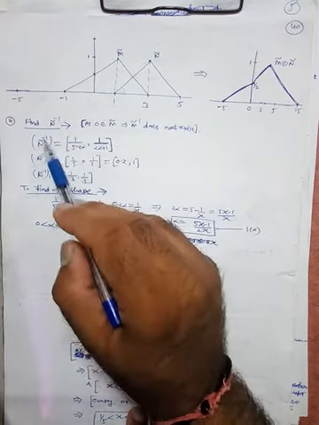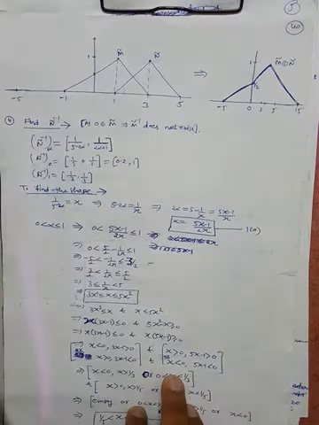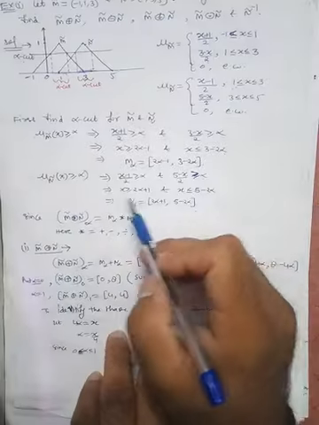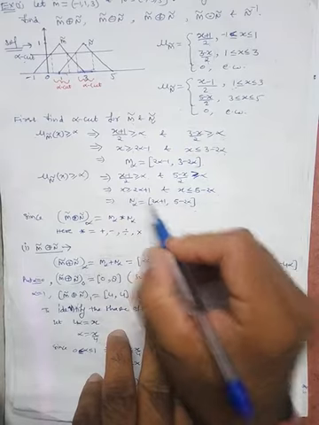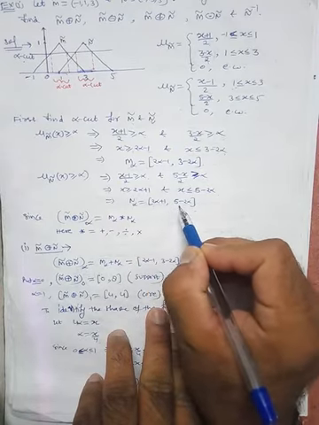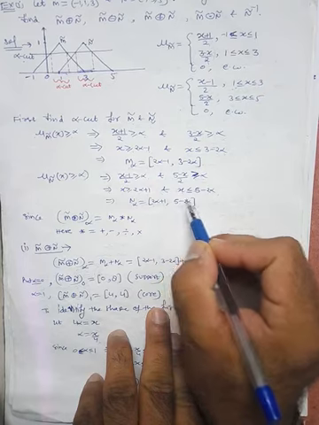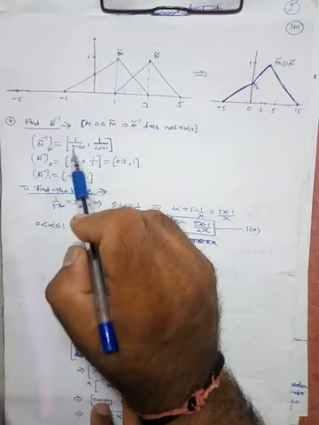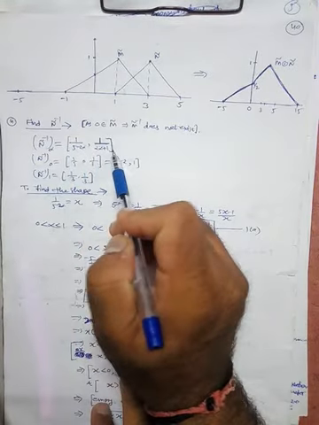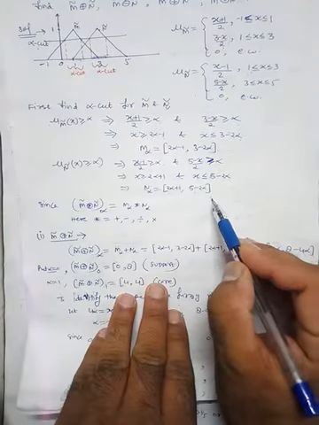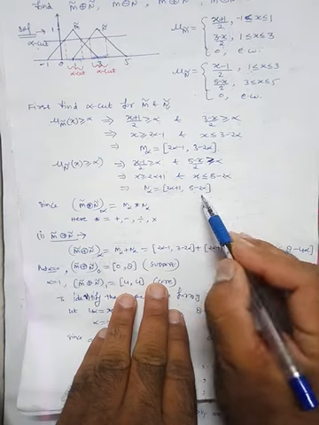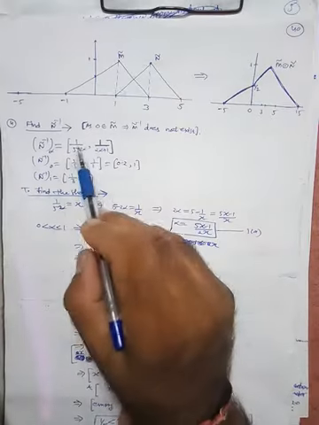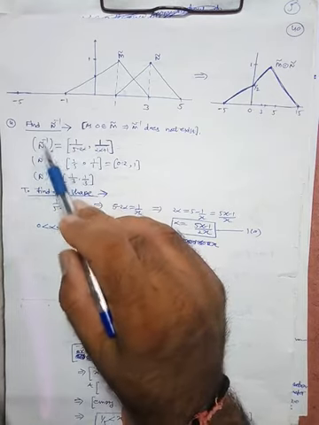Fine. So the alpha cut of n inverse is nothing but, look at this, n alpha. Just find the inverse of this quantity. So 2 alpha plus 1 will go to 1 by 2 alpha plus 1, and 5 minus 2 alpha will go to 1 upon 5 minus 2 alpha. So this is written here as [1 by 5 minus 2 alpha, 1 by 2 alpha plus 1]. This just came from the definition of n alpha. So this is the alpha cut of n inverse.